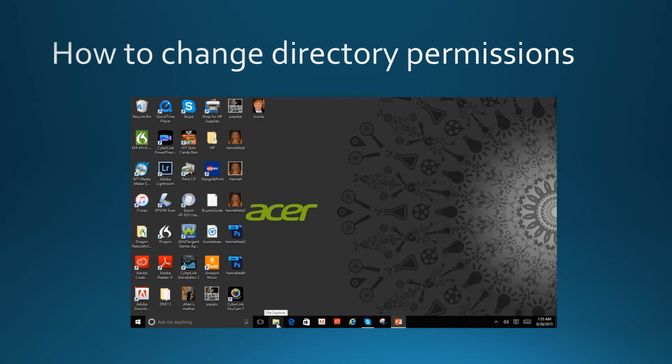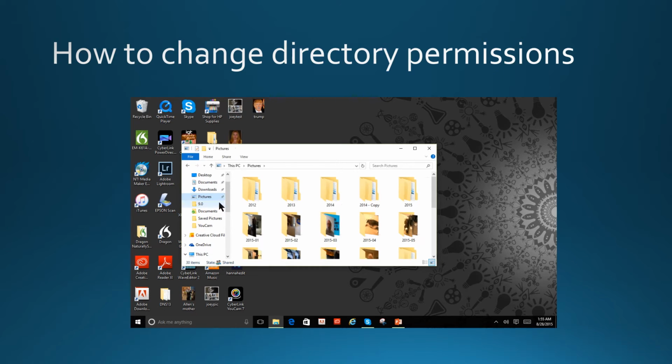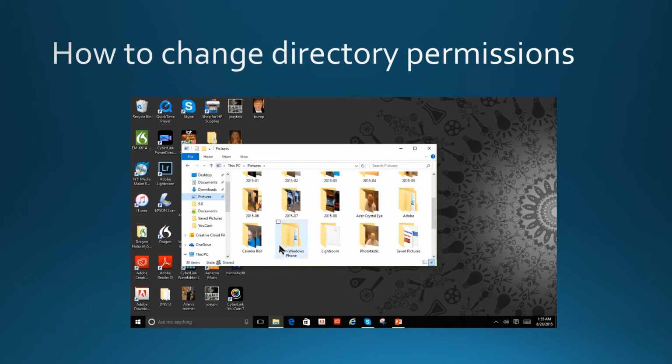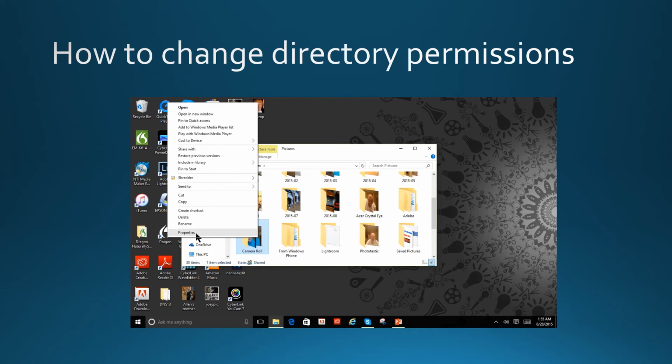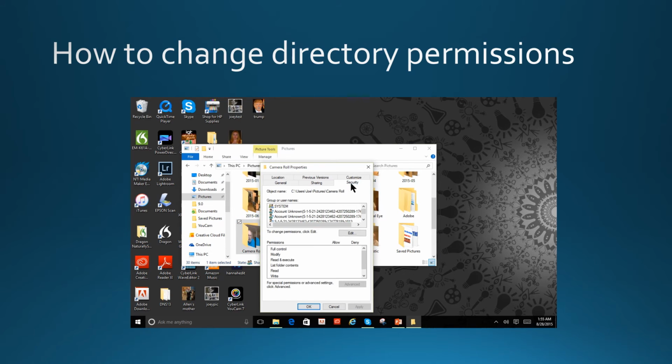The procedure is relatively simple. Open the File Explorer, navigate to the Pictures directory on your computer, find the camera roll and right-click, choose Properties, Security,